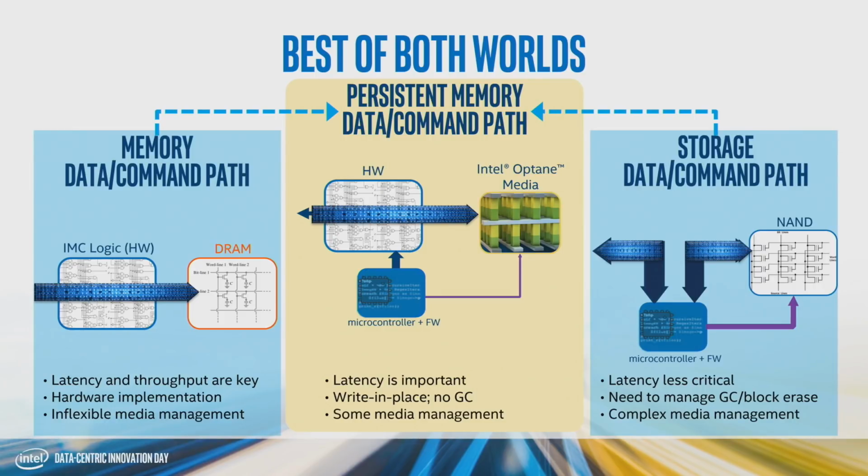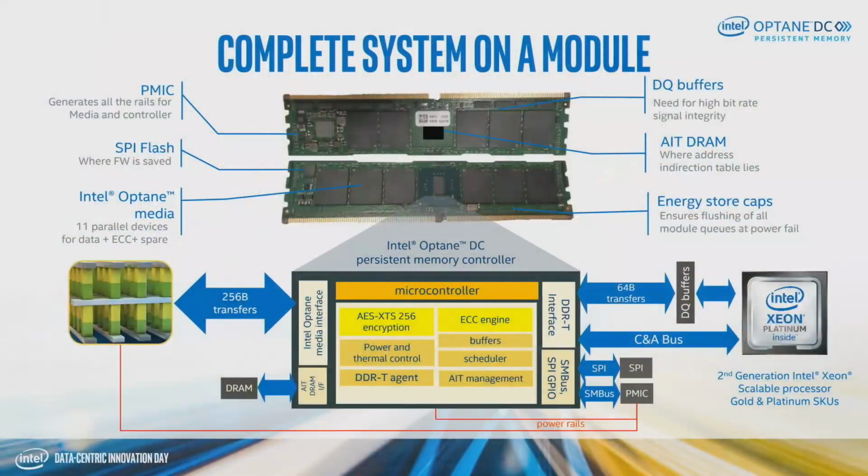The first time I've heard media management and Optane being mentioned together here. Are you doing some sort of, I'll call it logical address translation, to move data that may have overacted on a particular byte or bit or whatever? Exactly. So if you remove the full DIMM heat spreader that's on the module,